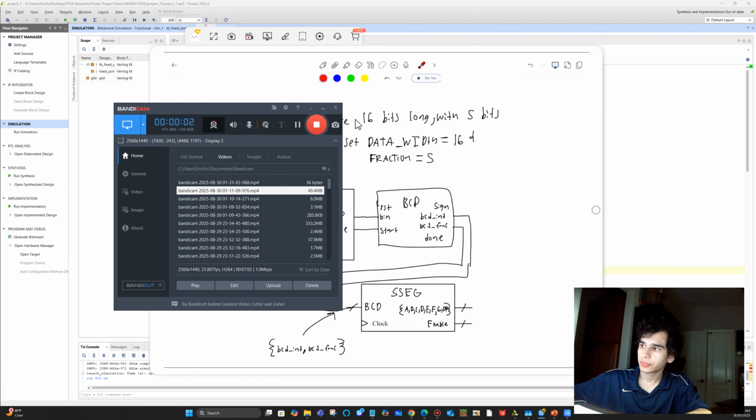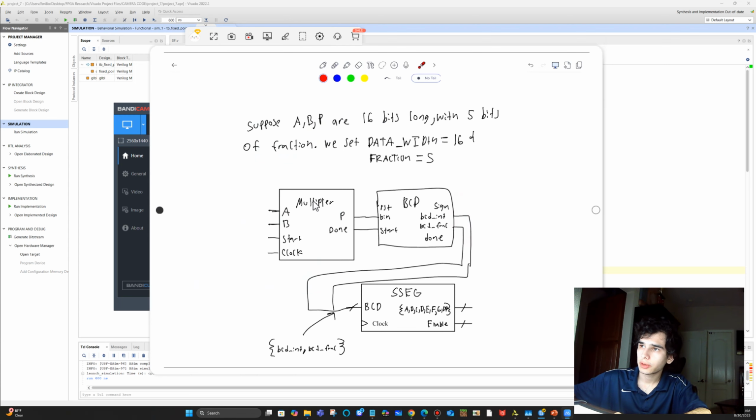Hello everyone. Today we're going to go over how to use a BCD module. In a previous video we went over how to make a multiplier and a 7-segment controller. But if we have a result from an arithmetic module like a multiplier or an adder and it's in fixed point format, for example, let's say the product is 16 bits long, has one sign bit and 5 bits for fraction,